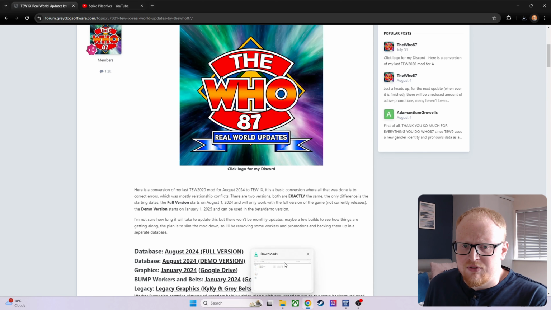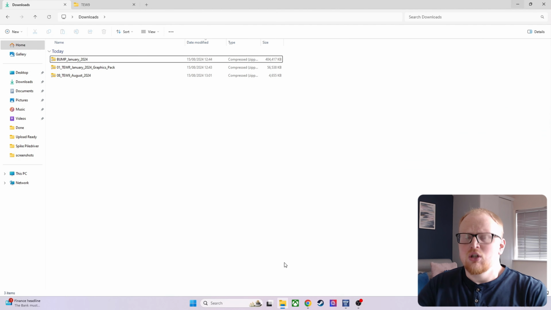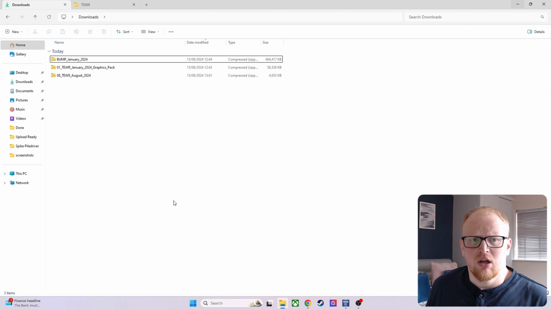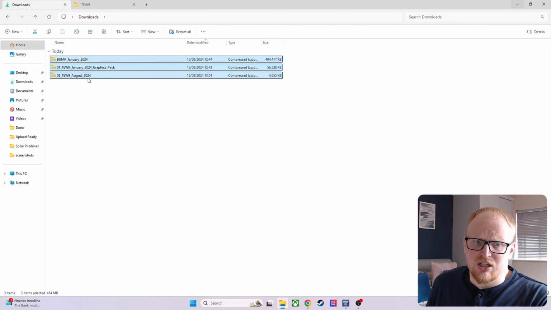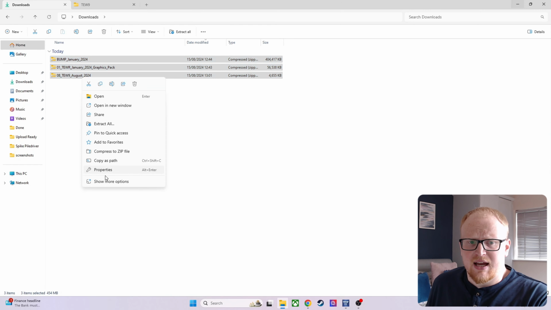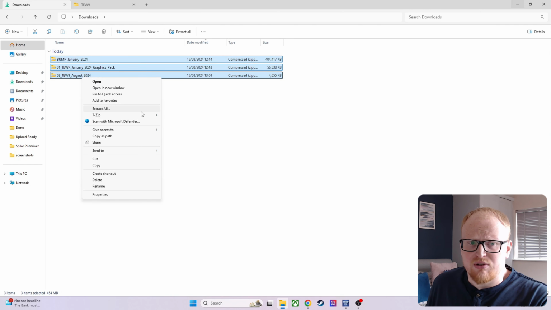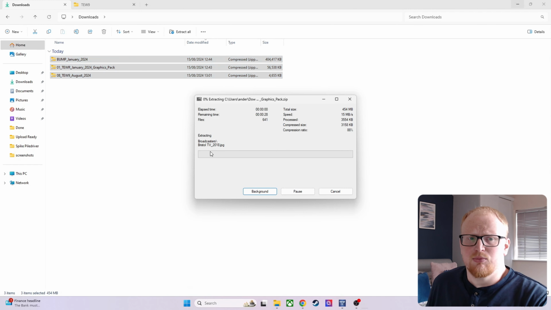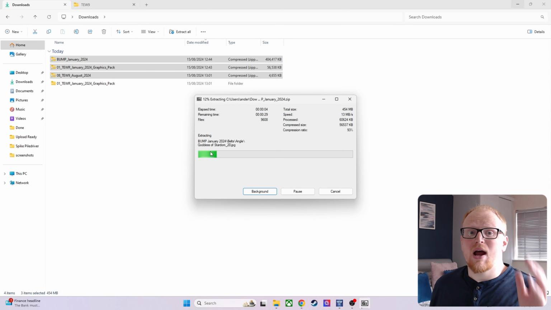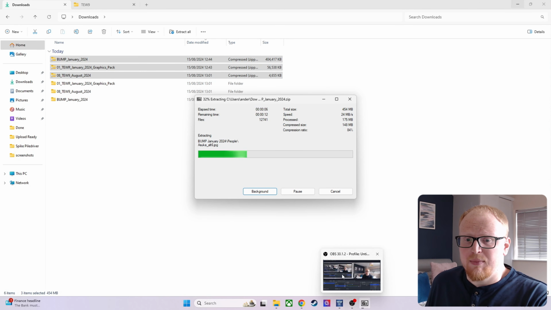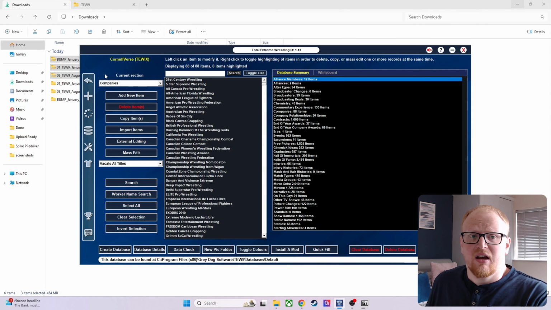So, when you have done that, you'll have a downloads folder that looks something like this. The two graphics packs that I've downloaded are here, and the data is here. So all you need to do is select them all, right-click, and extract them. I use 7-zip, other software is available, and just extract them to a folder, and we'll figure out what you need to do with that after it's extracted. And whilst it's doing that in the background, I'm going to get the game open here and show you what